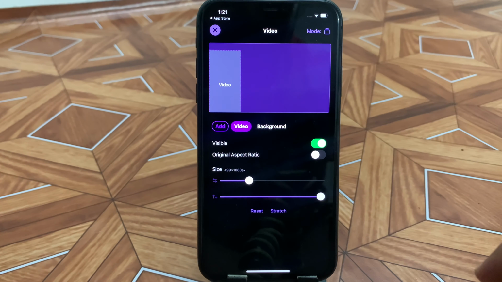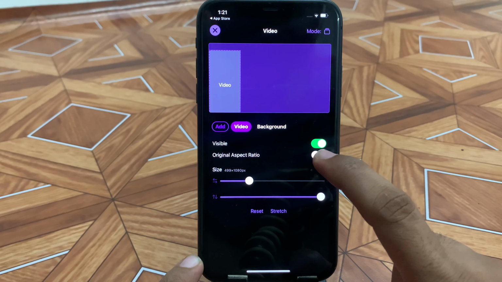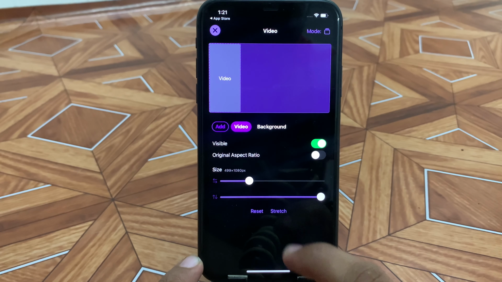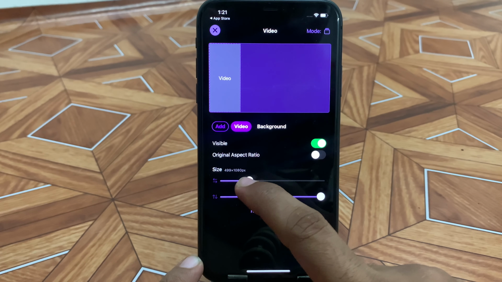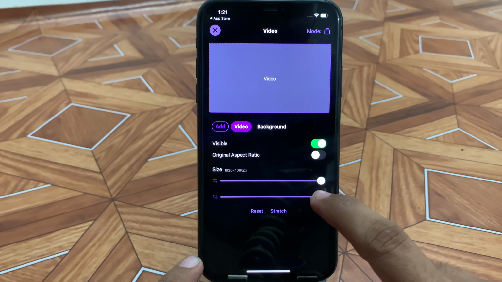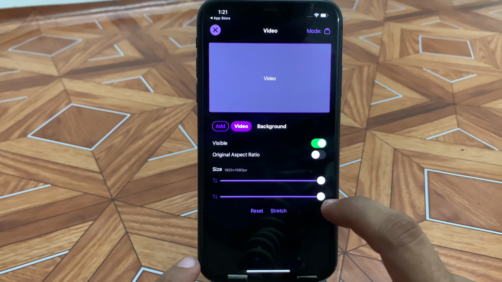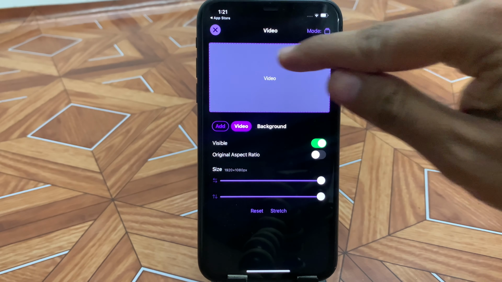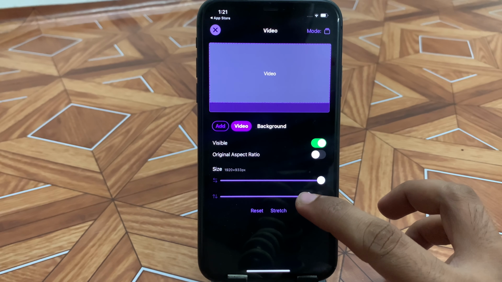I've clicked on video. Now you need to increase the size of the video. The aspect ratio button will be toggled on by default, so you might need to switch it off. Next, you will have two ratios below, and you need to adjust the video according to those. I'll make it full. Next, I need to adjust the second line, depending upon my overlay. As you know, my overlay has one line above and one line below, so I'll adjust my video according to that.